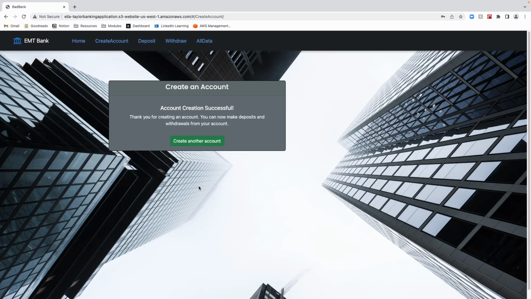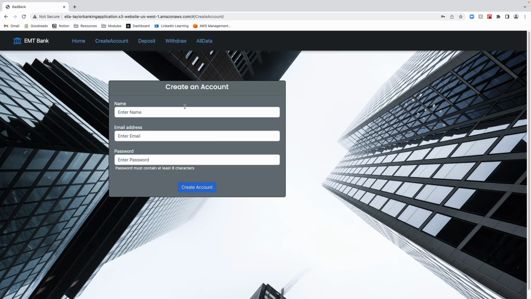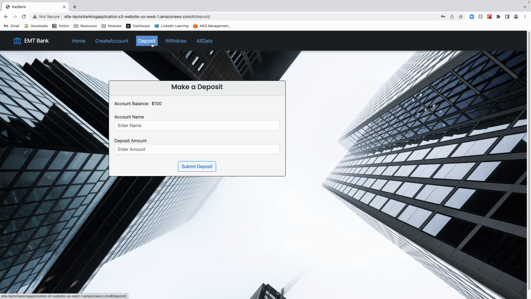So let's create that. Once you click on the button, you are met with a success message and the option to create another account, which will bring you back to the create account form, which is now empty, and you can input new values. Jumping to the deposit page,